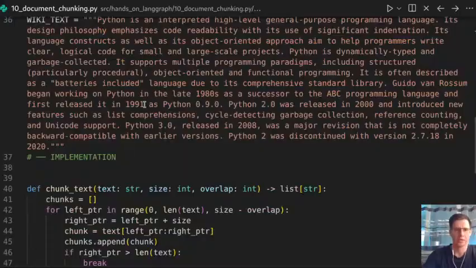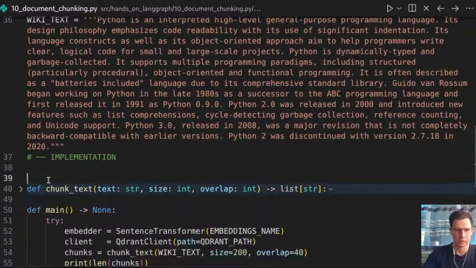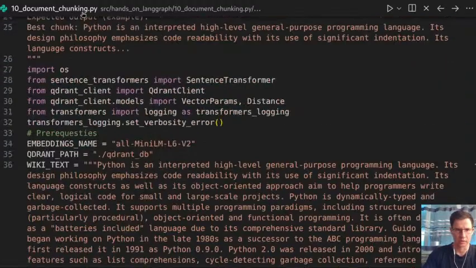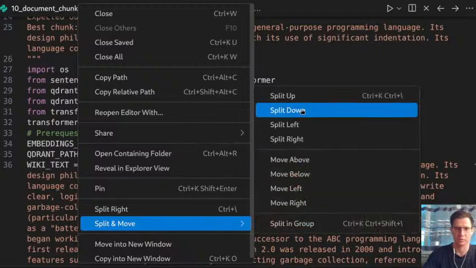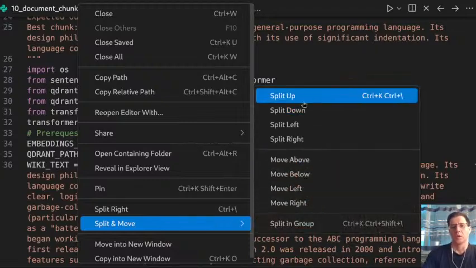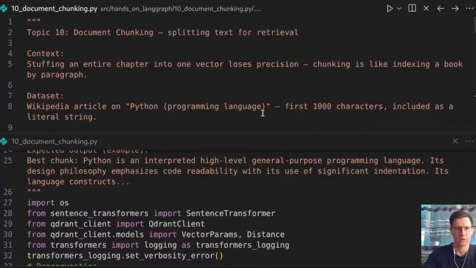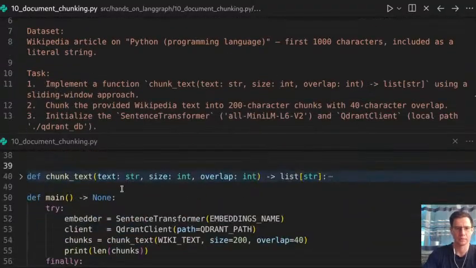So let's continue with implementing retrieval. Let's split the file into two vertical frames. Well, where we left off,